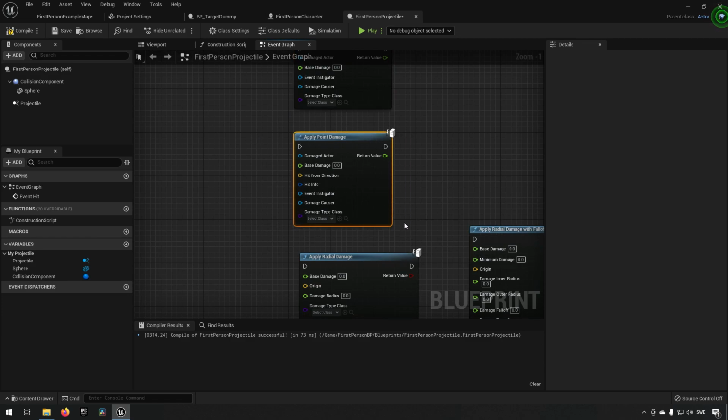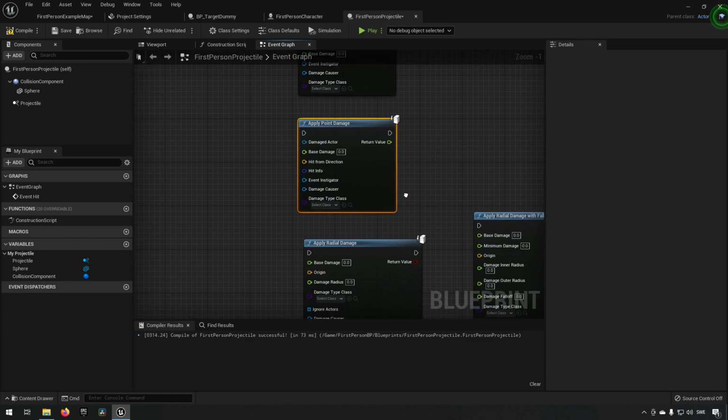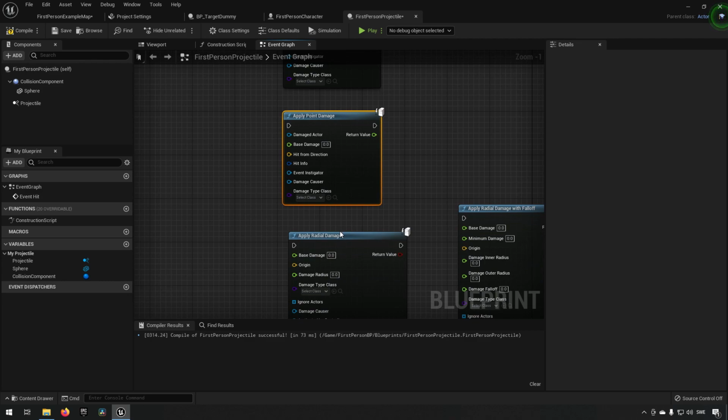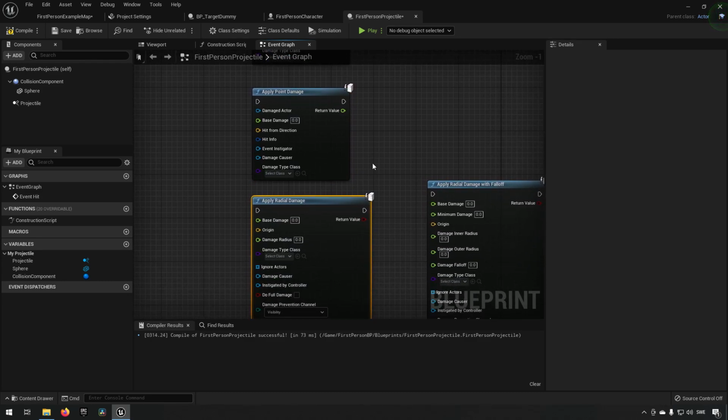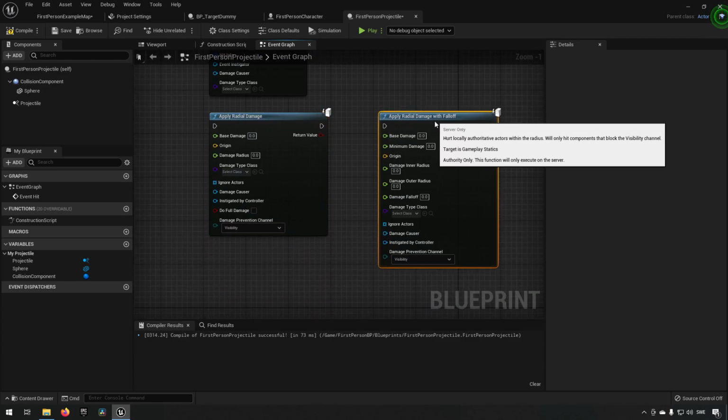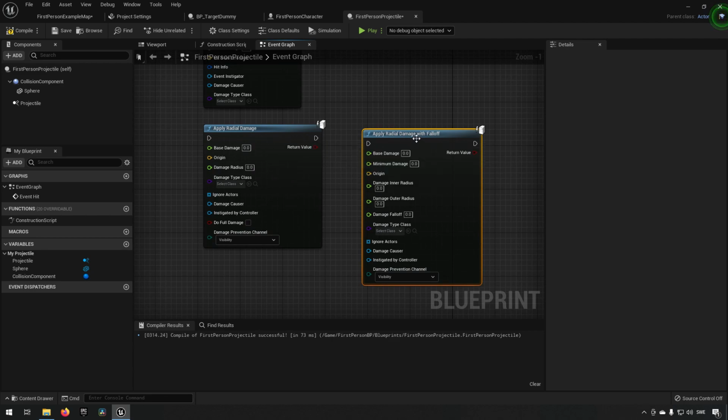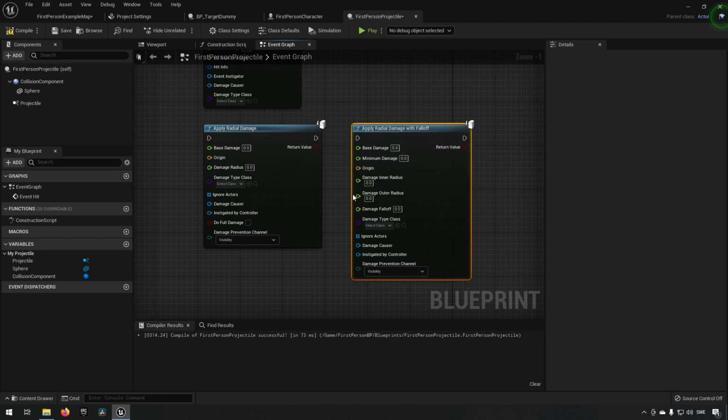The apply point damage is something you apply when you have a specific point in the world where you want to apply damage, and apply radial damage is something you apply when you want to have something like an area of effect damage, like a grenade or an explosion, something along those lines. Equally, this one is also for explosions and area damage. However, you have a little bit more customizability with this one, because you can see here we have a